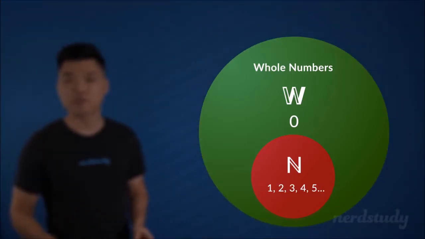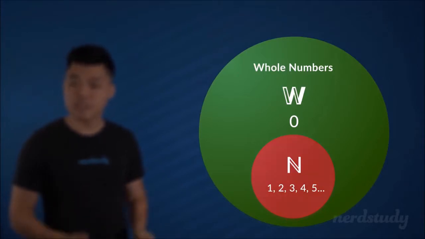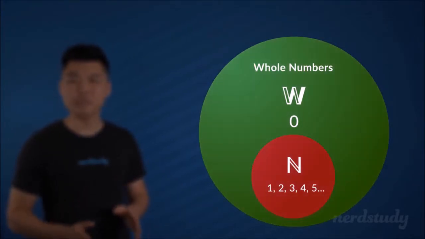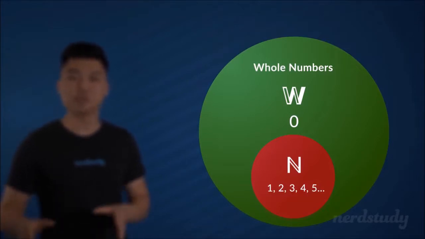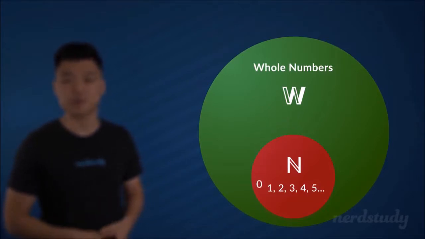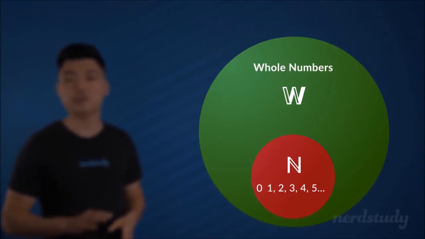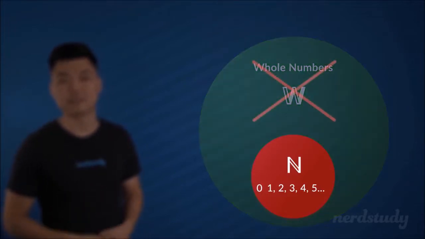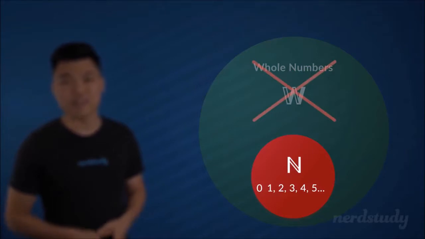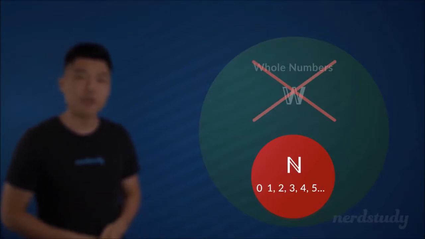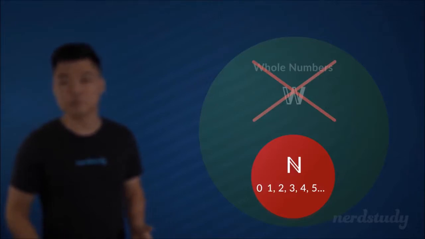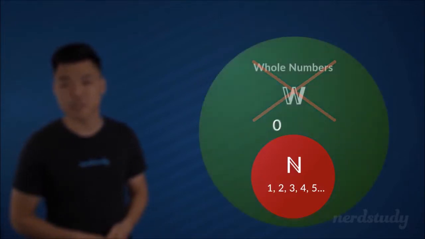Do note, however, that the classification of these two are still a little bit hazy, as some places might teach you that natural numbers do in fact include 0, disregarding the classification of whole numbers entirely. It is common to see that in set theory or in computer science, since in these fields they actually do count starting from 0. But for the sake of this video, we're just going to include the classification of whole